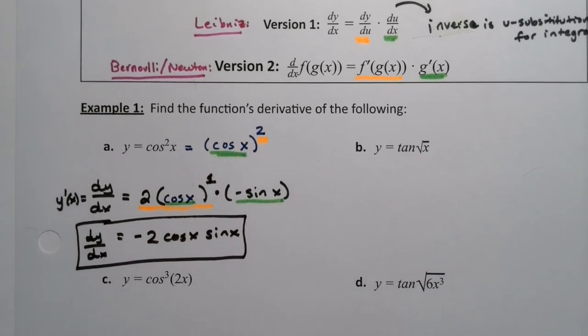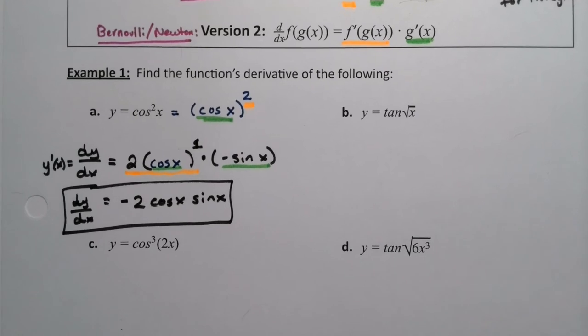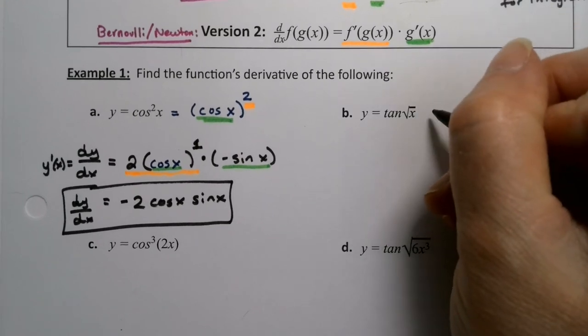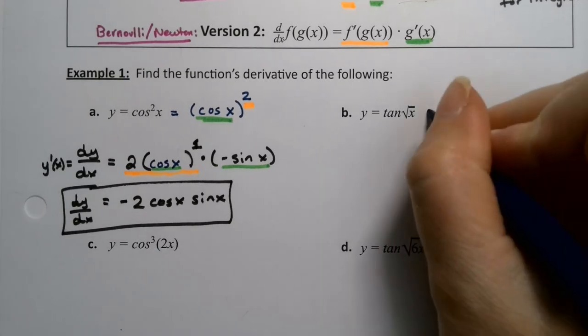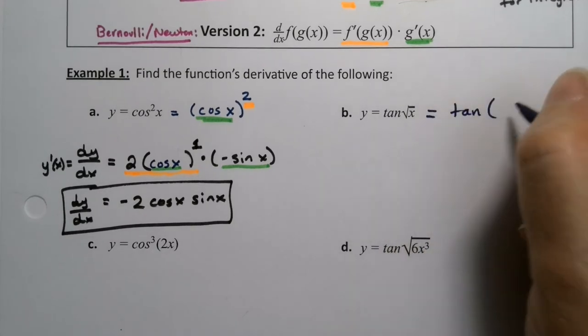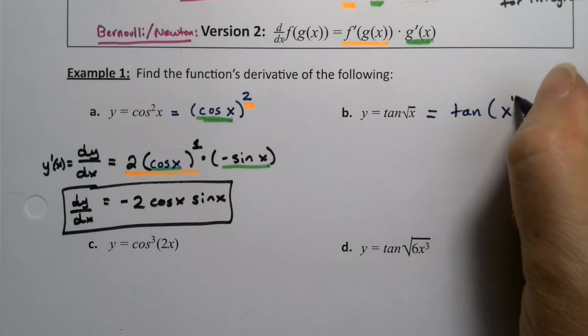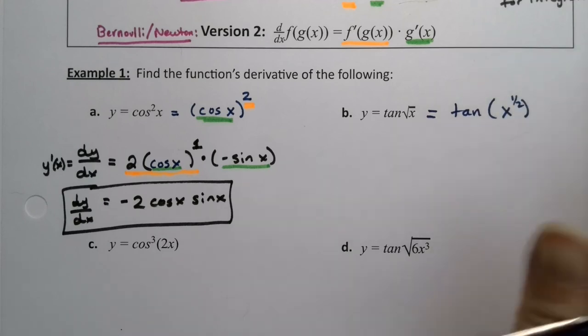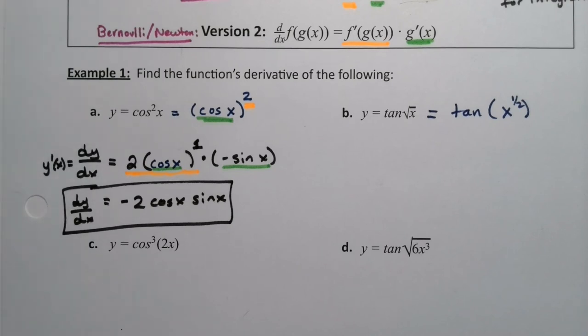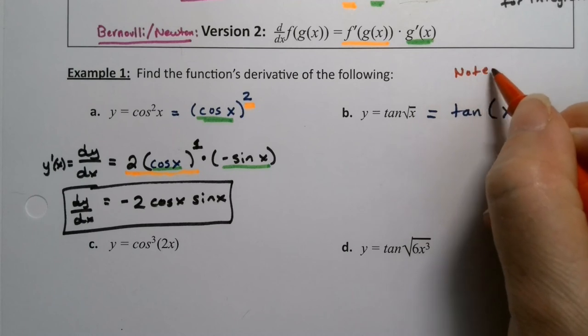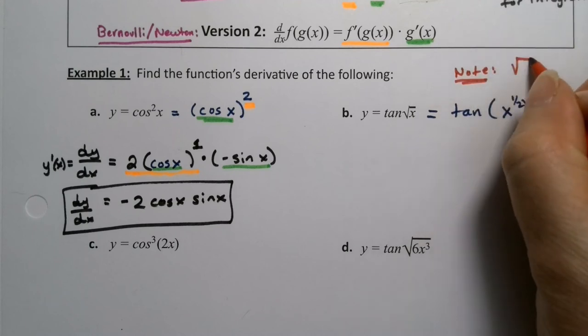All right, speaking of notational issues, what is this one over here? So this is equal to the tangent of x to the 1/2 power. Of course, this is really a play on the fact that you have to know that anything to the 1/2 power is equal to the square root. So we just have to note the square root of a is equal to a to the 1/2 power